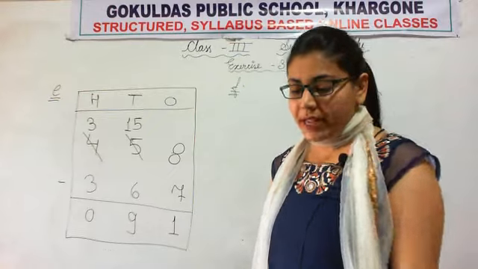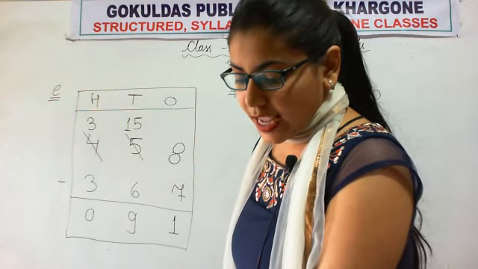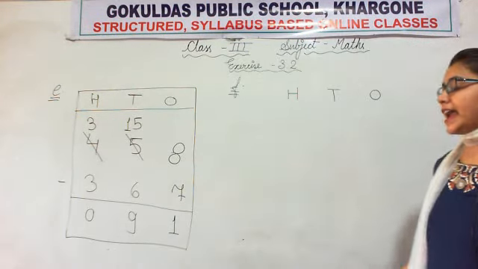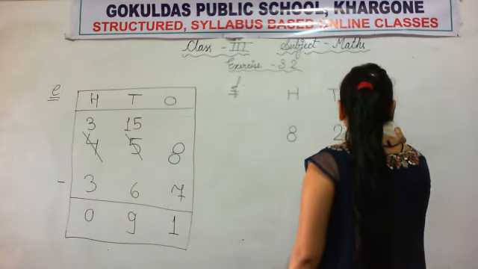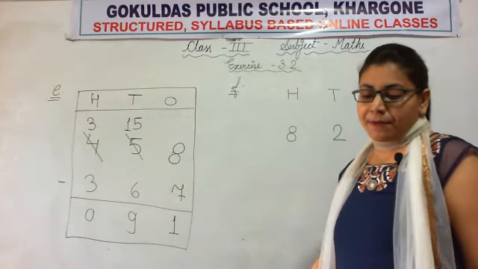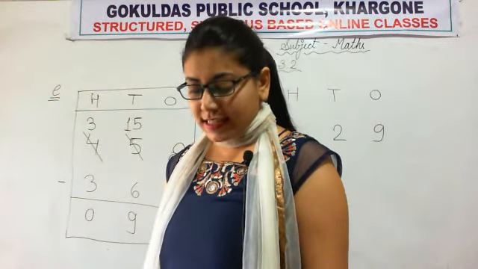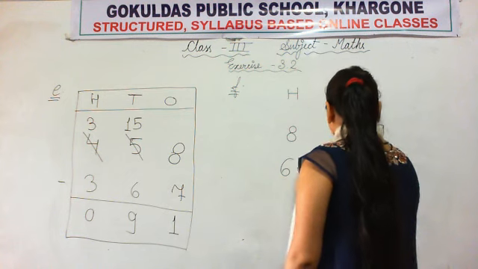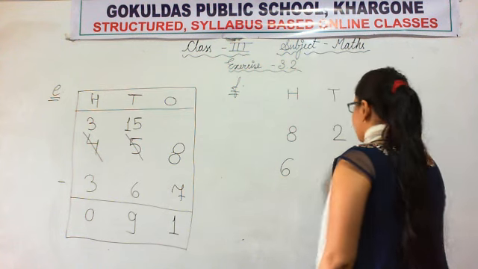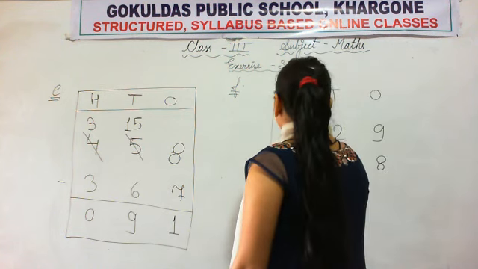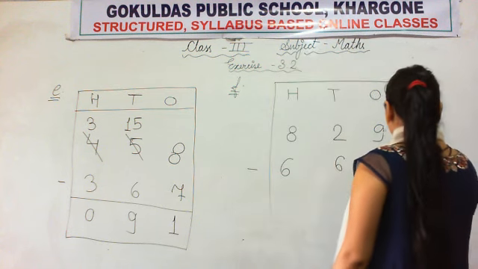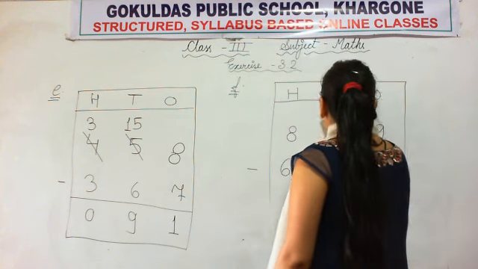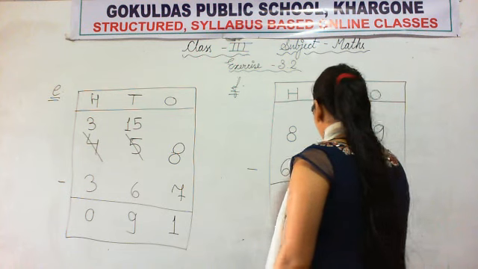Now it's turn for the minuend. So our minuend is 829. So let's write 829. Now the subtrahend. Our subtrahend is 668. So we'll write 668. Now we'll put the minus symbol as we are doing subtraction. Now make a table with the help of a scale or ruler. Okay.